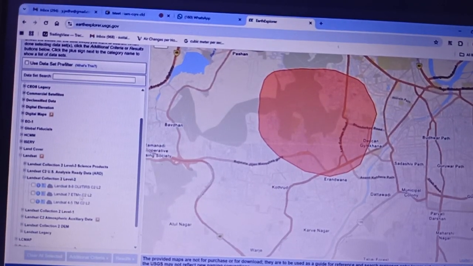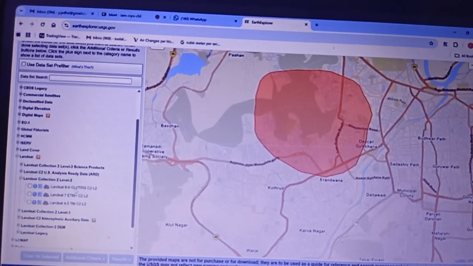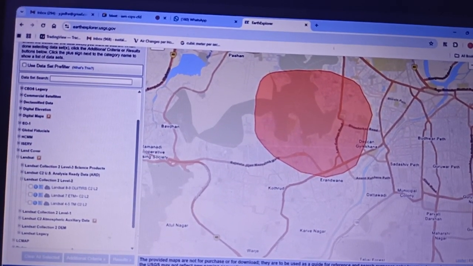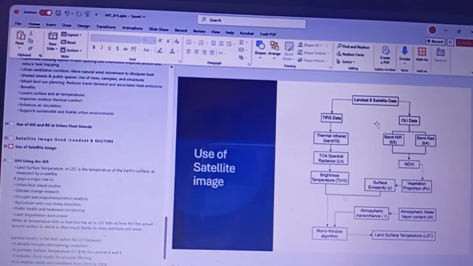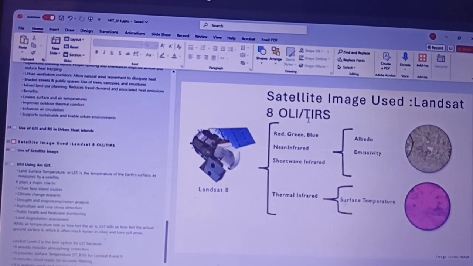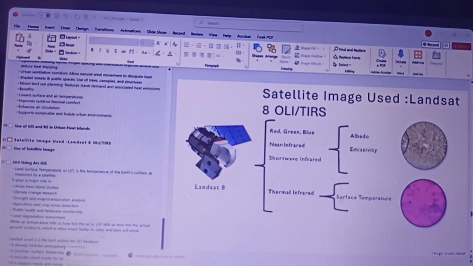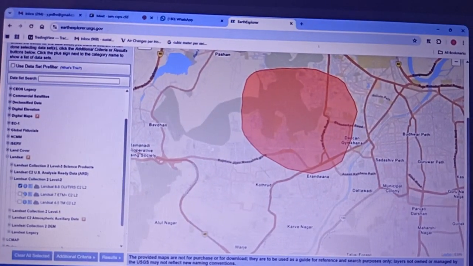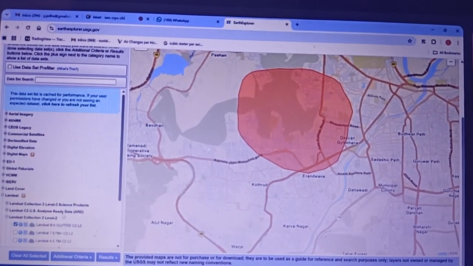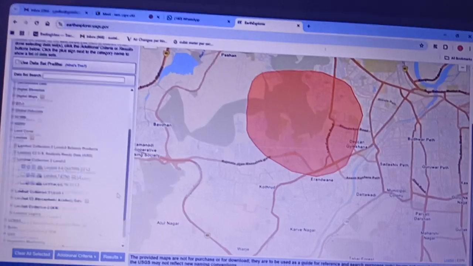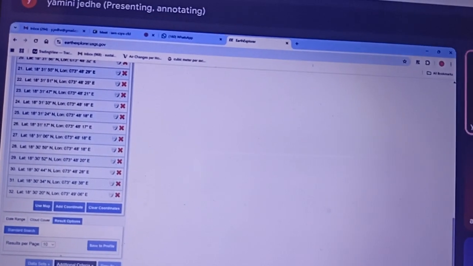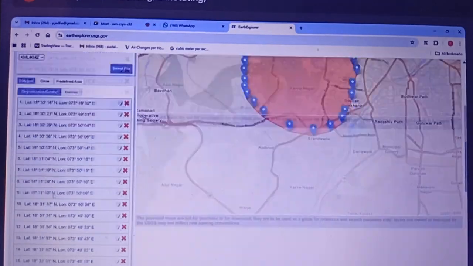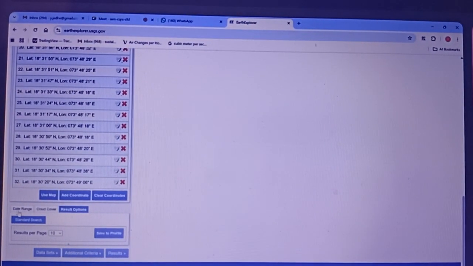Then there are Landsat 8 and 9 OLI TIRS, which I have already discussed. So you have to select this data. In criteria, you can also select the area, and in additional criteria, you can select the time range you want.